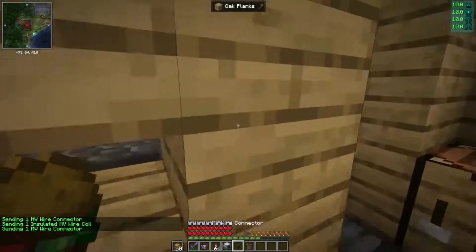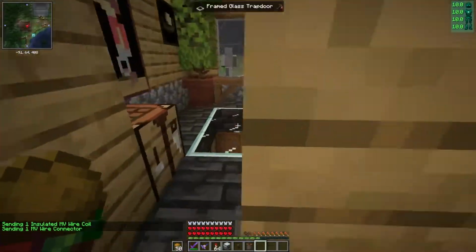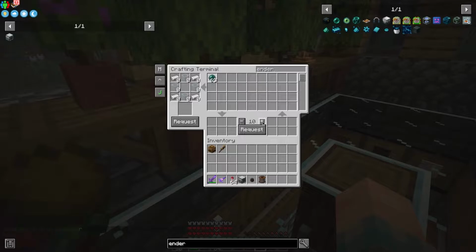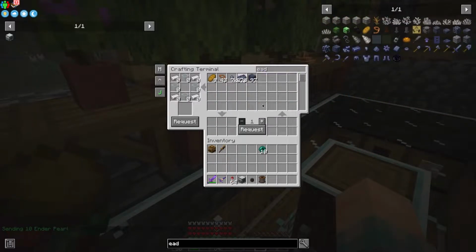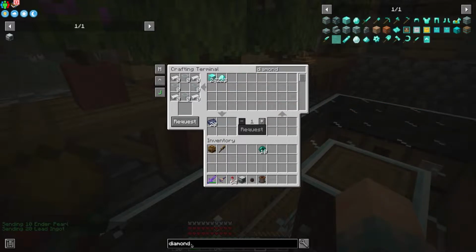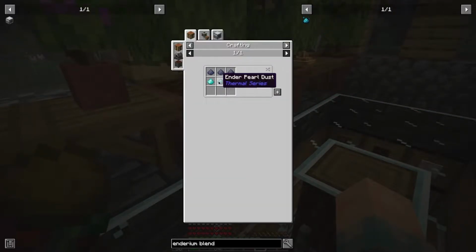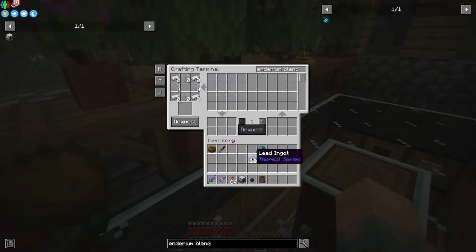And I don't think we're going to need anything else, except for some ender pearls, which is basically the only thing that's still left that we need this thing for. Let's grab maybe 10 crushed ender pearl. Then we're going to need lead and diamond dust. Can you do diamond dust only in the pulverizer? Okay. So let's see, if I wanted to do Endurium Blend, that is a ratio of 2 ender pearl, 3 diamond, and 1 lead. So we would need...